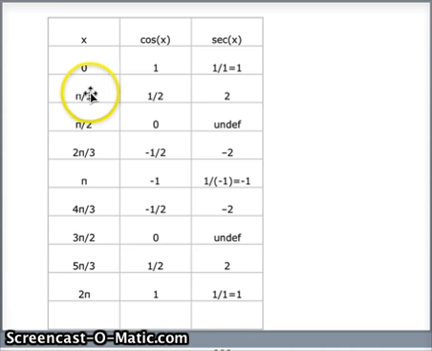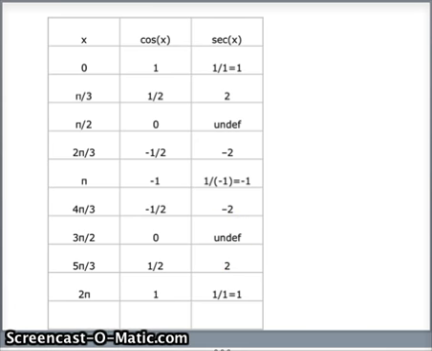So pi over 3 in the first quadrant, cosine is a half, reciprocal of 2. In the second quadrant, that's pi minus pi over 3, 2 pi over 3. Cosine is negative in the second quadrant, negative 1/2, reciprocal is negative 2. In the third quadrant, cosine is still negative, pi plus pi over 3, 4 pi over 3. Cosine is negative half, so reciprocal is negative 2. Fourth quadrant, pi over 3 short of 2 pi, that's 5 pi over 3, cosine is positive, reciprocal of 1/2 is 2. So now I have 2 asymptotes and 1, 2, 3, 4, 5, 6, 7 points to work with